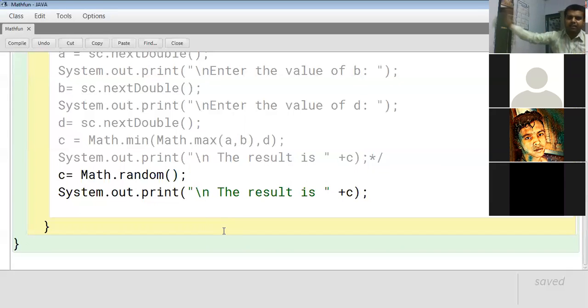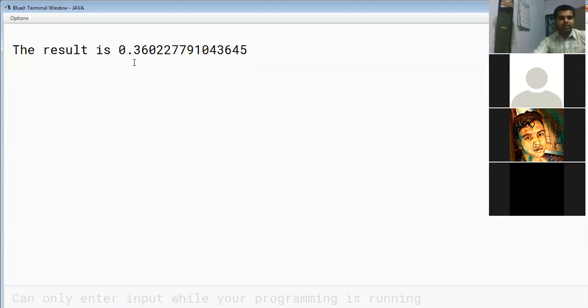So that is an entirely different concept, and it's a very detailed concept. You just have to know it theoretically because it is a part of the syllabus. Now, since you are watching this, any random number ranging between 0.0 and 1.0 will show you the output. It can be any value.